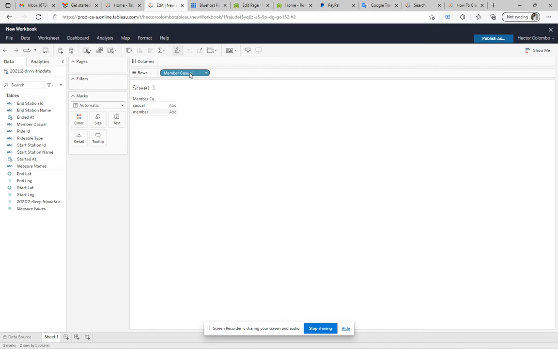If you are wondering how to put this here, see how with the drag and drop features you can start creating a table, okay? Let's suppose you need to calculate a table with the amount of members by type, okay? So we are going to select the variable first, click, drag